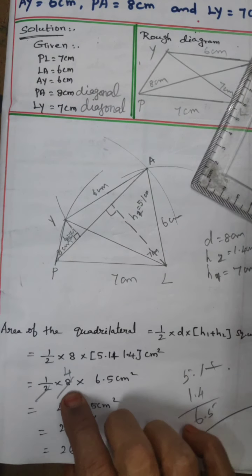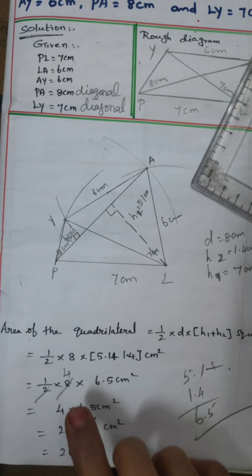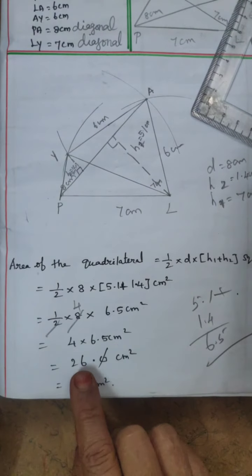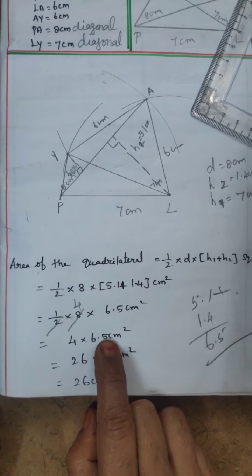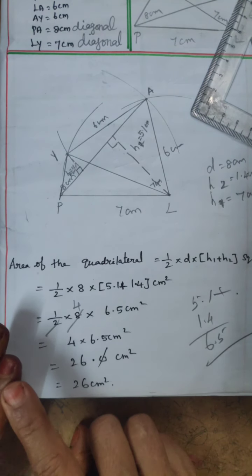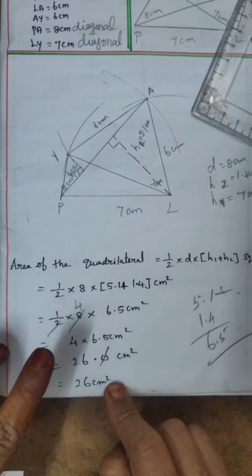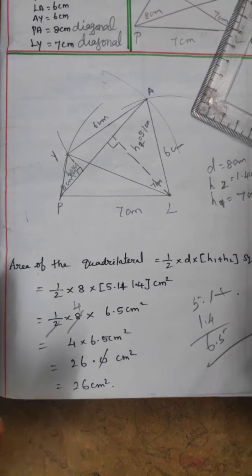1 by 2 into 8 into 6.5. Strike out one number: 1 2s are 2, 4 2s are 8. 4 into 6.5. Multiply there. 5 4s are 20, remaining 2. 6 4s are 24. 24 plus 2 equal to 26. After the point, the 0 is not valuable. Answer is 26 centimeter squared. Next, write the